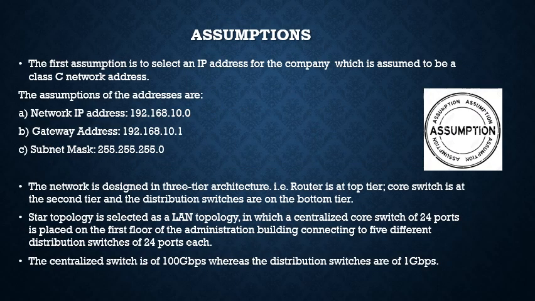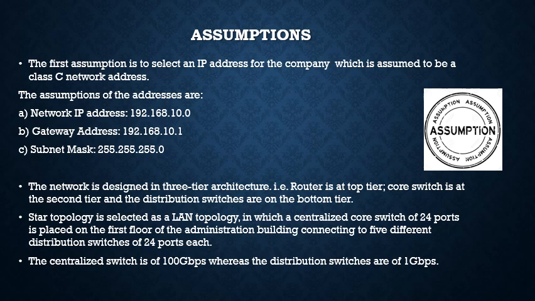Assumptions. The first assumption is to select an IP address for the company, which is assumed to be a Class C network address. The assumptions of the address are given below. Network IP address is 192.168.10.0. Gateway address is 192.168.10.1, and subnet address is